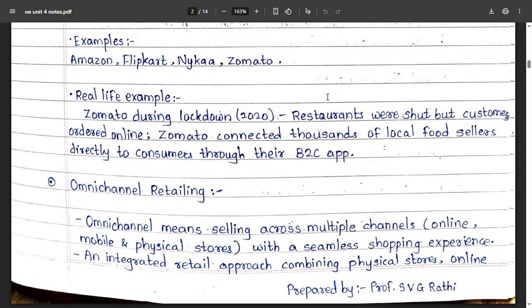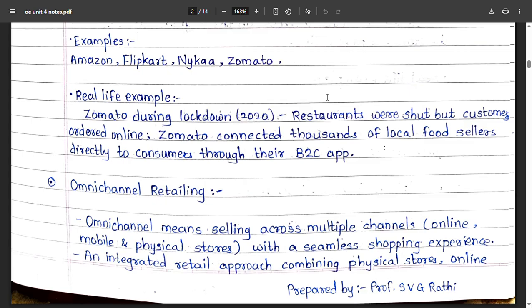Why is omni-channel retailing very important? Customers can start their shopping on one platform and finish on another platform. It increases satisfaction and loyalty.